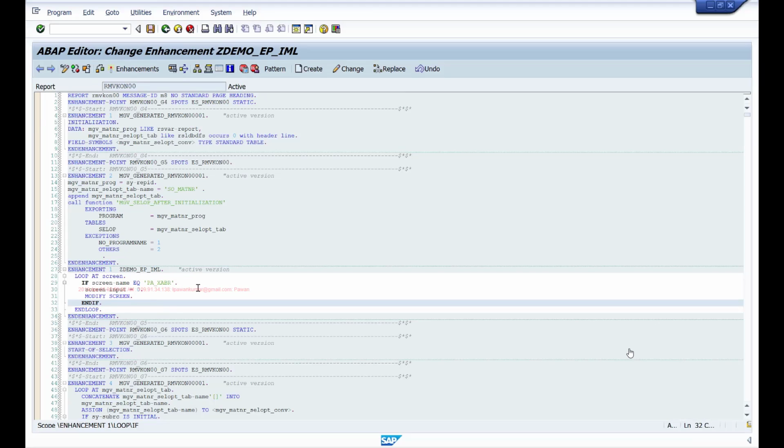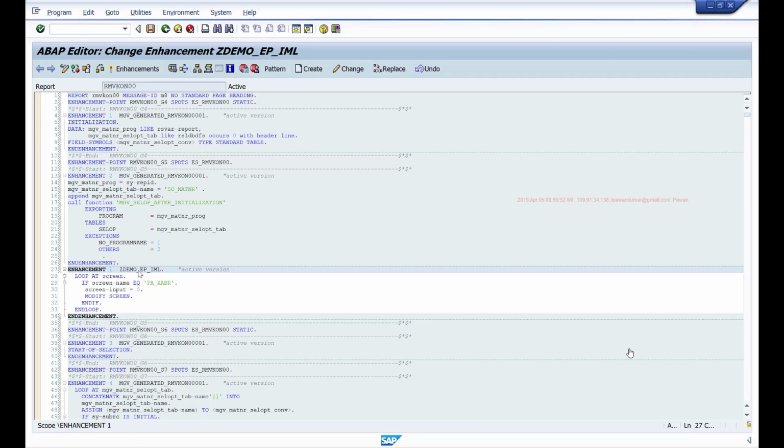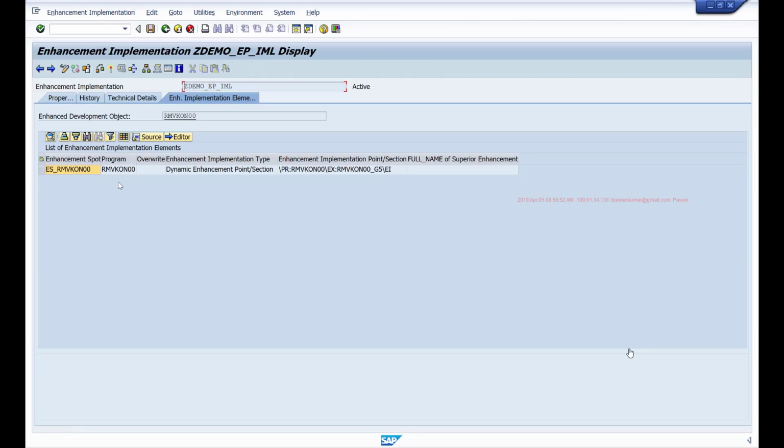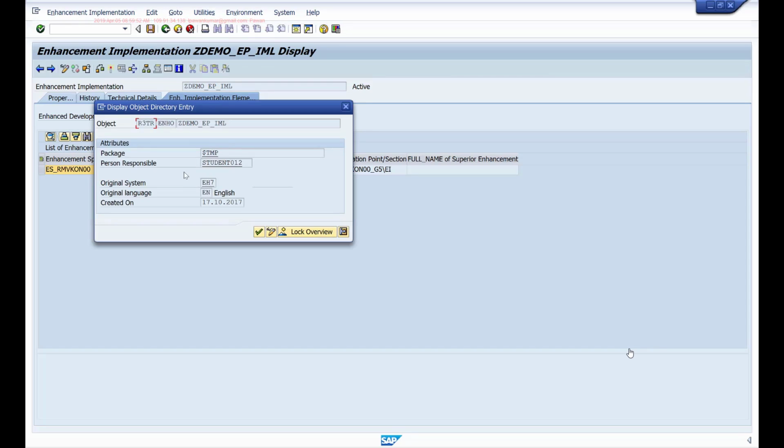But it looks as if this code is added directly in the program, but if you actually see this enhancement, the standard program belongs to the standard package. But if you look at my enhancement, if I click on go to object directory entry, it is part of my custom package. The code I've added is not added to the standard SAP package.